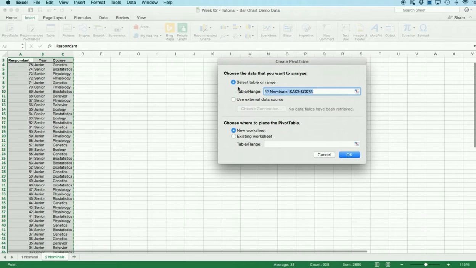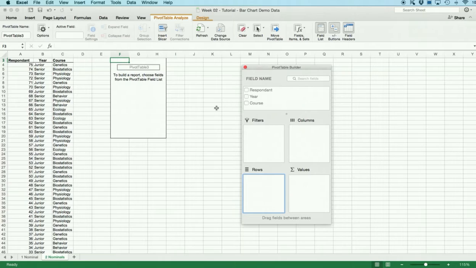All right, I'll slow down when we get to the new thing. So here we're selecting the data. Again, it has our data selected that we've already selected up here, so we're good. We don't want a new worksheet. Instead, we want to put it on the existing worksheet. And I'm just going to stick it here on F3. You can really put it wherever. I'm just keeping it close to the data. All right, now